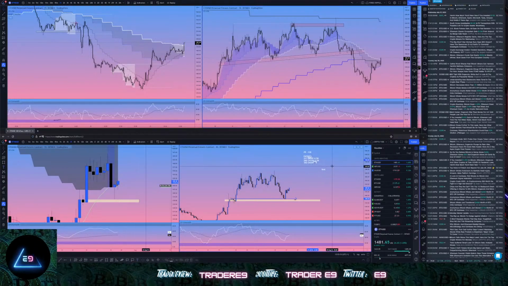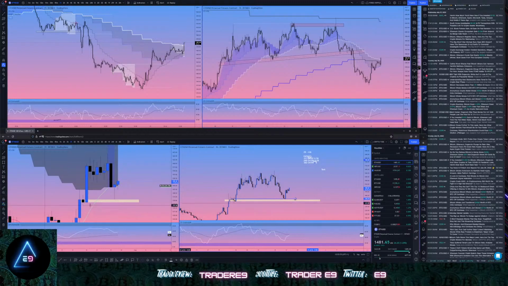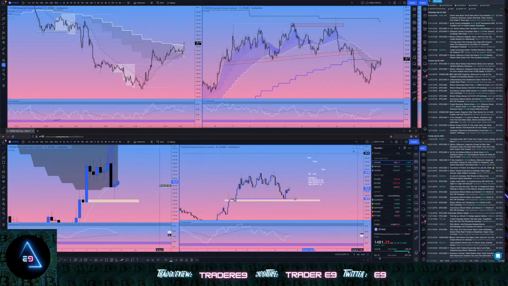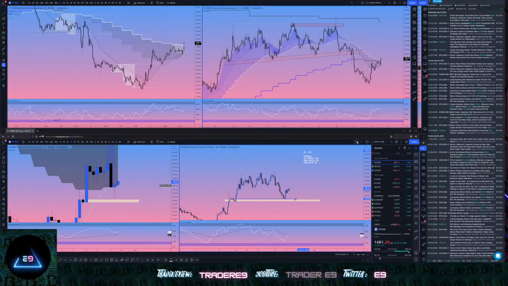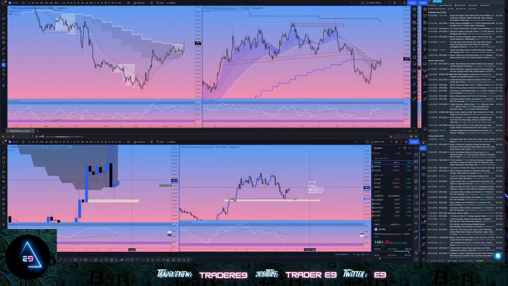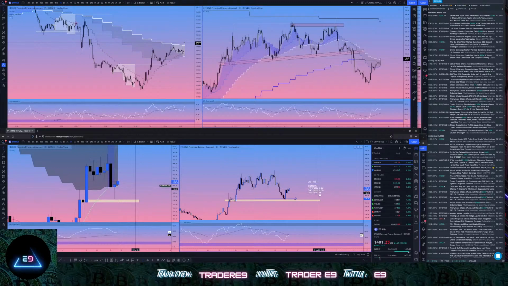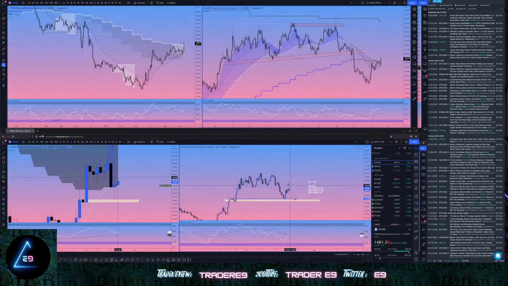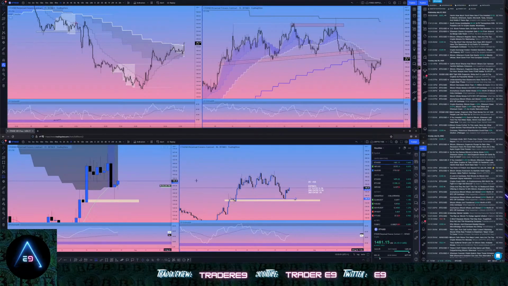Oops, damn it, got this drawing tool stuck on there. So I've got three shots at this. Okay, 0.5%. As long as you calculate your stop loss, pretty much all you're going to do is, if you get three